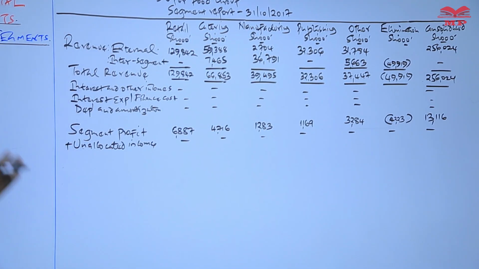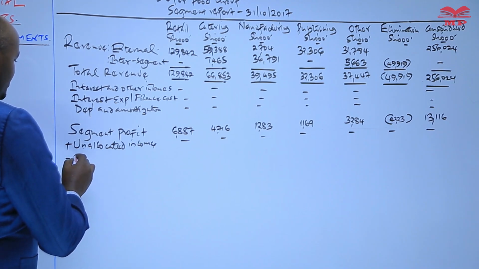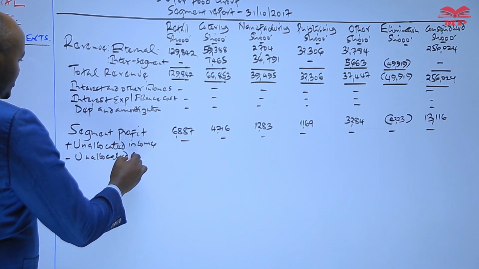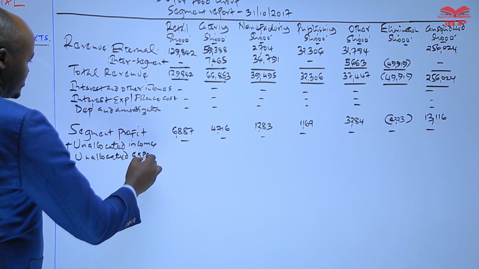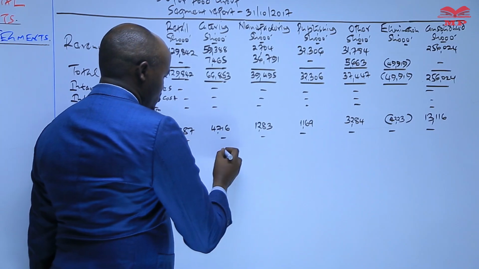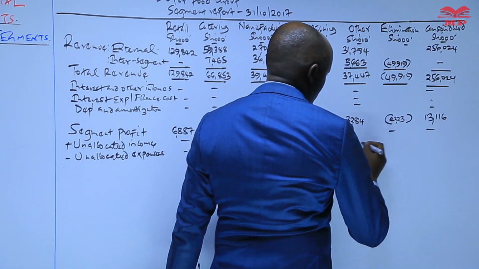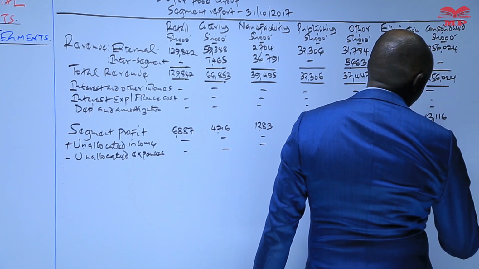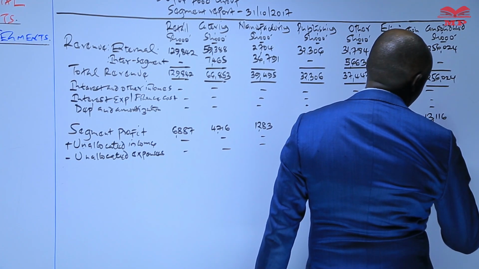Still in this question there is nowhere we are given anything to do with unallocated incomes. Then next we less unallocated expenses. Equally in this question there is nowhere we are given any unallocated expense. So basically that means that the final figure for the profit is